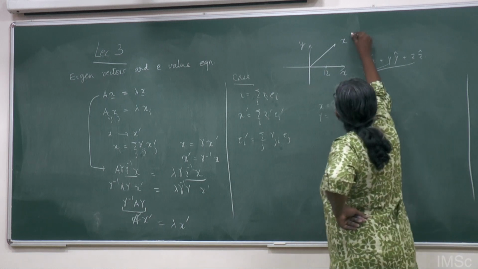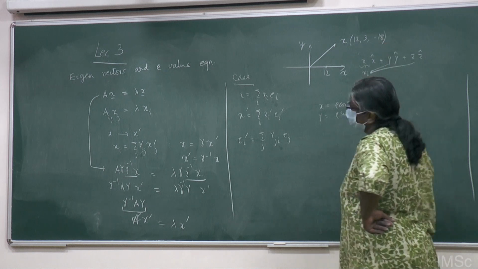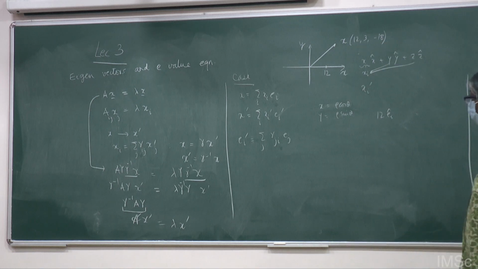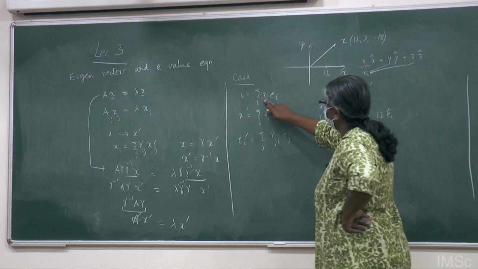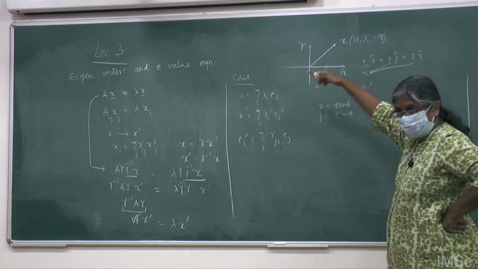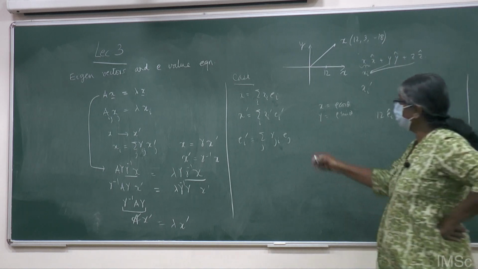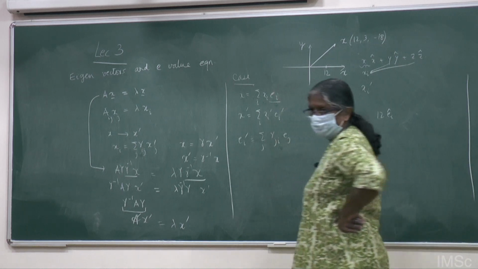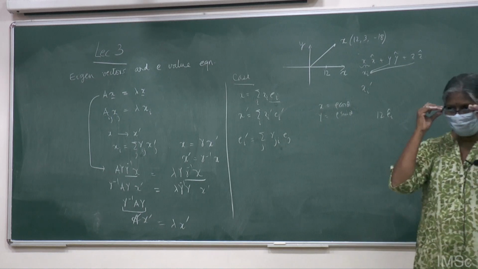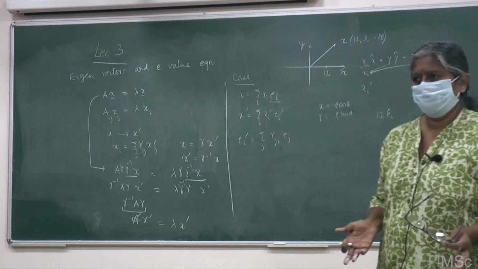Suppose this vector is some (12, 3, -18) or something like that, right? So it says that the components are 12 in the x direction, 12 times the unit e1 direction, 3 units in the y direction, and minus 18 units in the z direction. But the basis set are the unit vectors, right? We always think of an orthonormal set. Your basis is orthonormal with unit vectors, that's all.